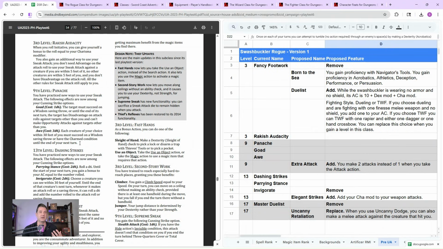These certainly don't stand up to what the Scion gets at 9th level with its Terrify option, which is causing the frightened condition, and as long as they're frightened by you this way, you have advantage on every attack, right? That is way stronger than either one of these. So I think what we do is we're going to leave both of those as is, and add another feature, which is just simply extra attack. Yep, you get 2 attacks instead of 1 when you take the attack action.